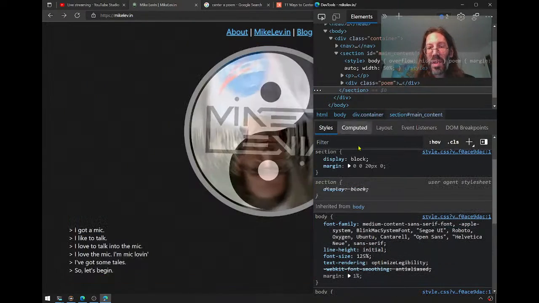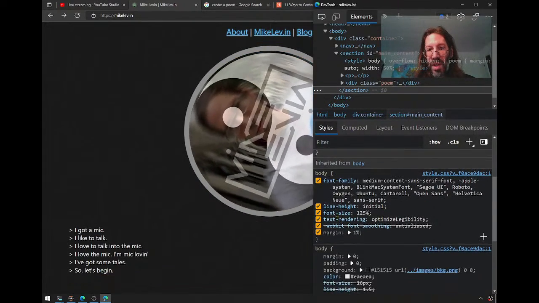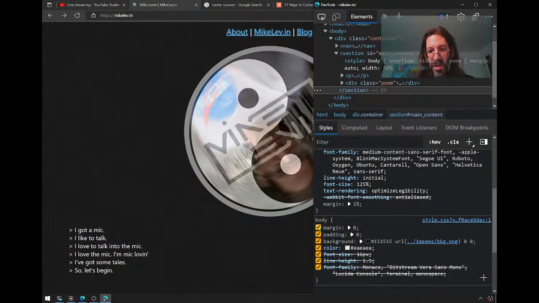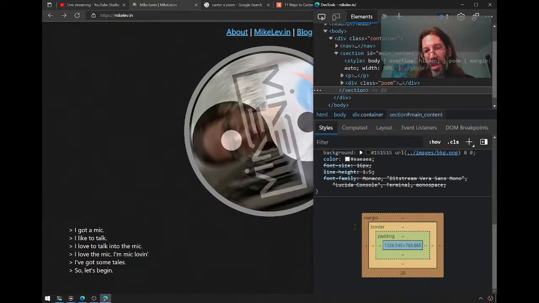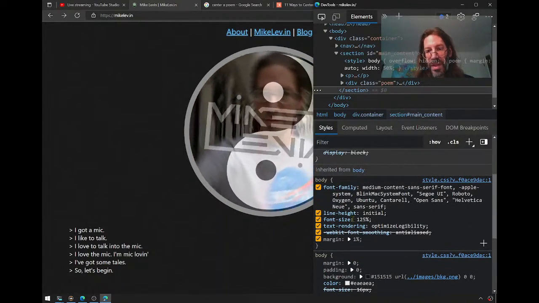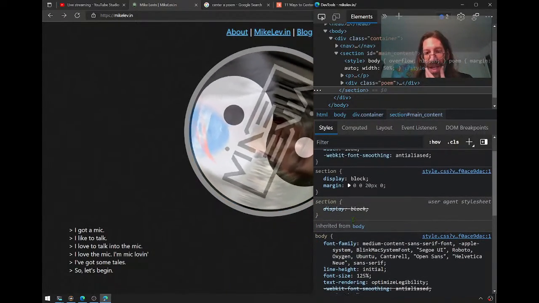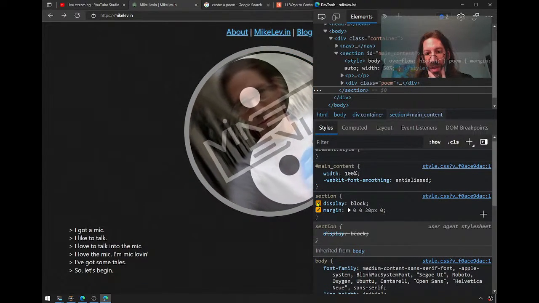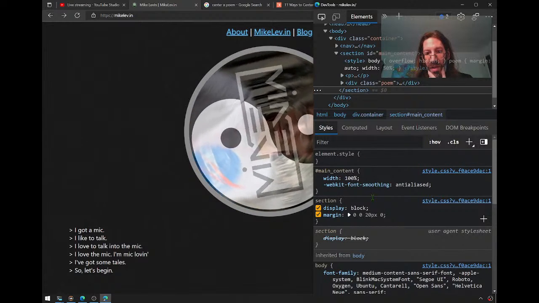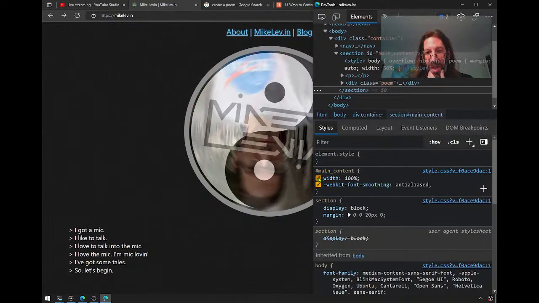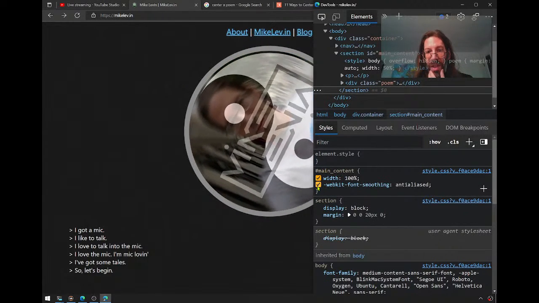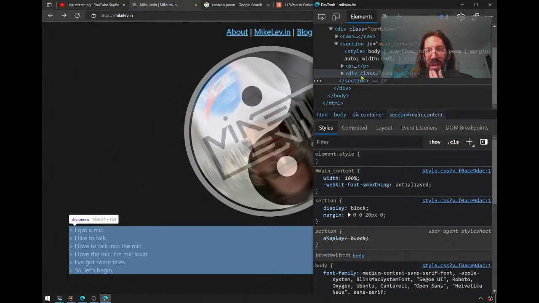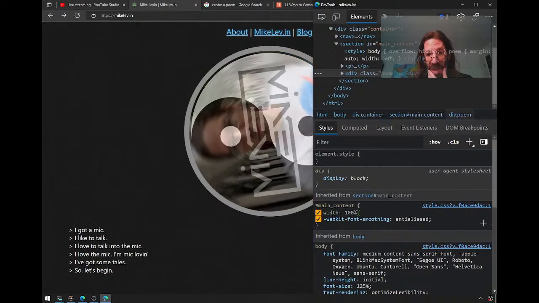So I thought I should be seeing like a margin auto, margin 0. That's body margin 0. So, okay, it's CSS. So these things cascade. Section block, main content with 100%. It's fun and funny clicking these things and seeing their differences. Div poem. Okay, so I wasn't on the right thing. There we go.